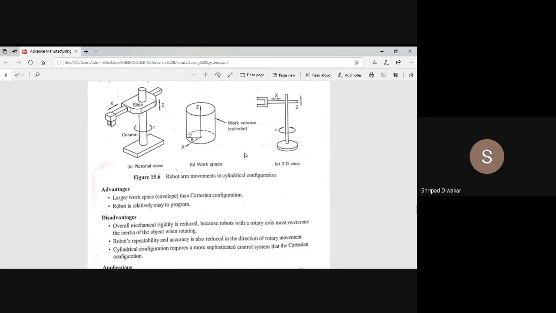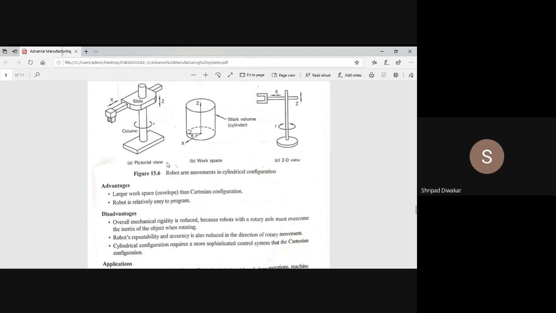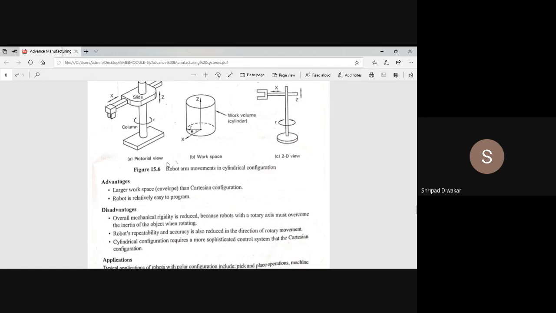In a Cartesian coordinate system, we get a high degree of mechanical rigidity. But due to the moment of the arm, we do not get as much rigidity in the cylindrical configuration system. The mechanical rigidity is less because of the arm moment, and the accuracy is also reduced due to the cylindrical movement of the arm.